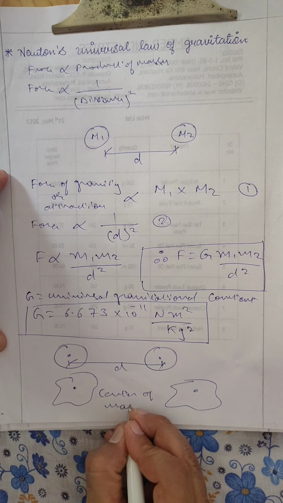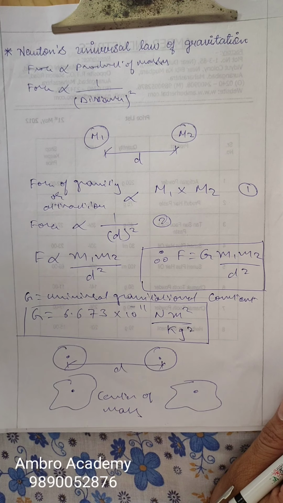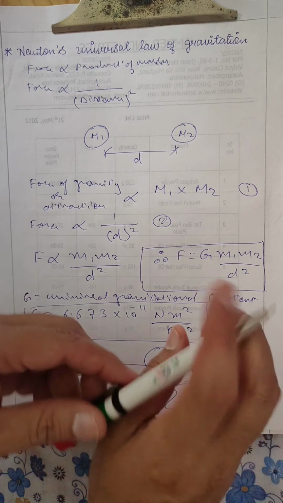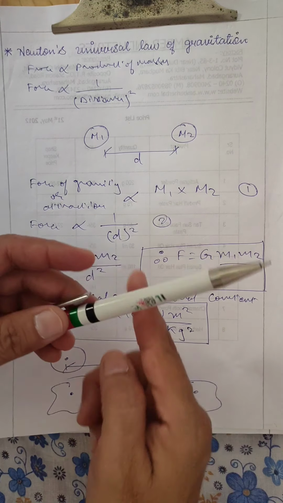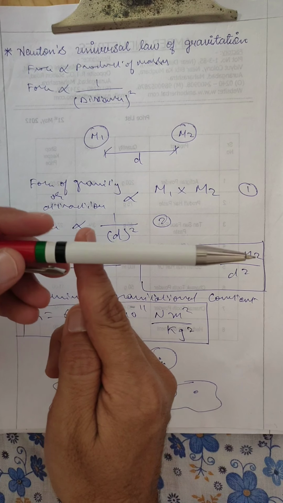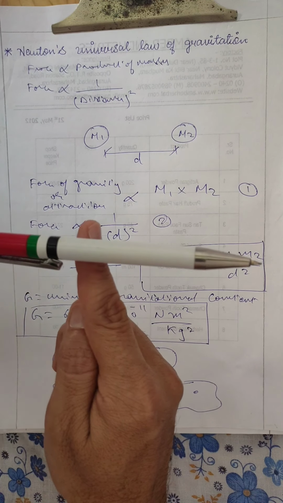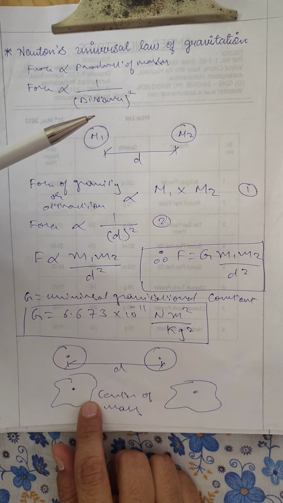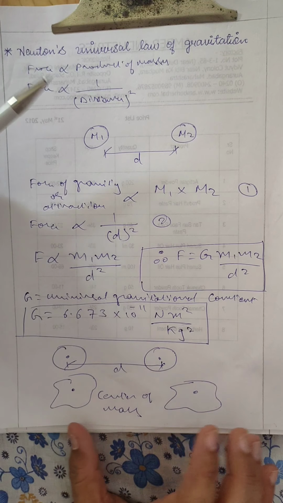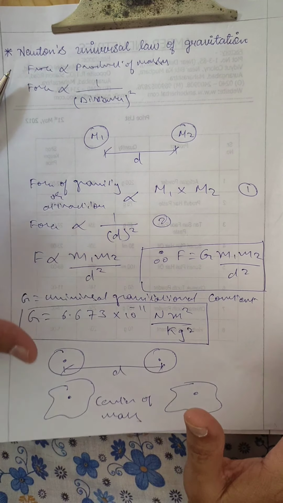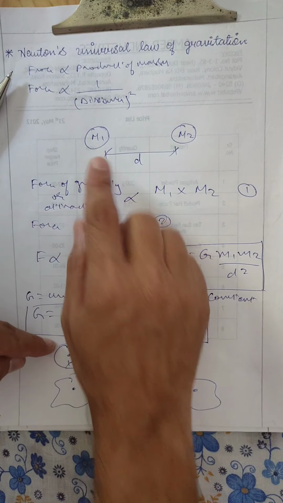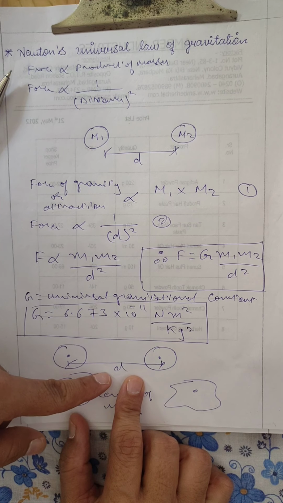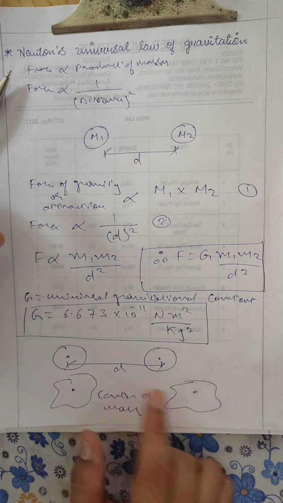What is center of mass? Center of mass is that point where the total weight of the object is concentrated. Suppose this pen is the object. If you want to find the center of mass, we will take that point where the total weight of the pen is concentrated. This is the center of mass. And from here we will take the distance. So this is very important. If you are having any problem in solving these, we should know what the center is. If it is an irregular shape, we need to take the distance between their centers of mass. And if it is a spherical body, it is the center.